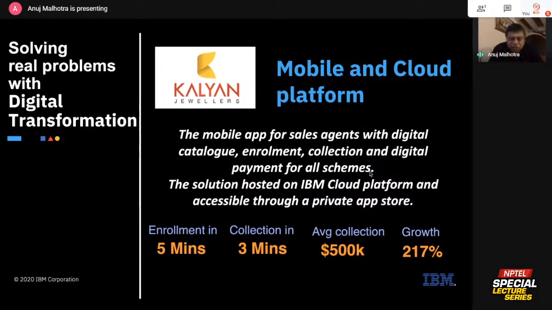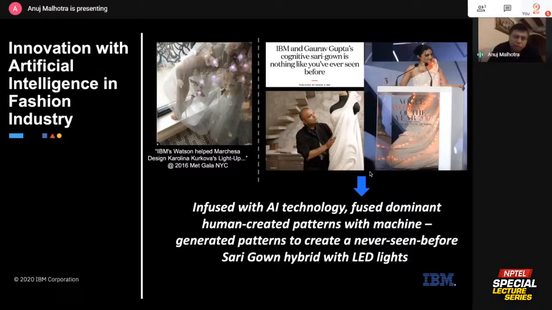I think it's the next generation of Mr. T.S. Kalyan Raman, which is, I think, Rajesh Kalyan Raman and Ramesh Kalyan Raman, who were the visionaries around for this. Been a very, very successful application of digital technology to make a difference to their business and to the customer experience. Let's look at another one, and this is pretty interesting, right?